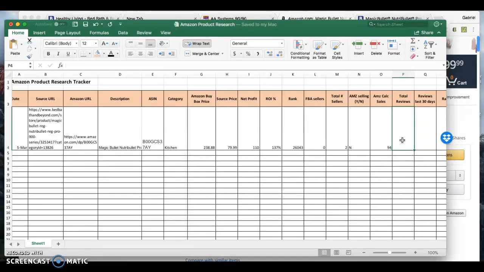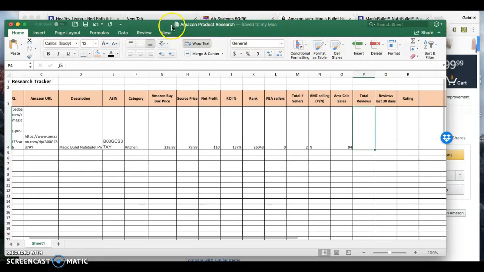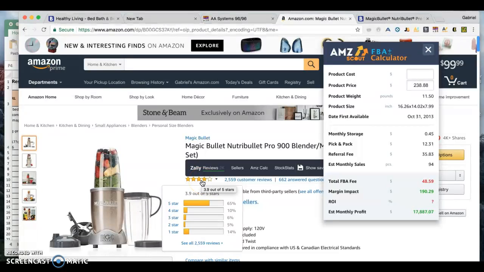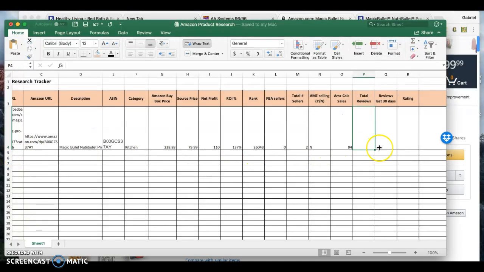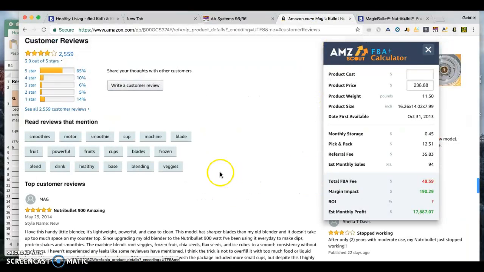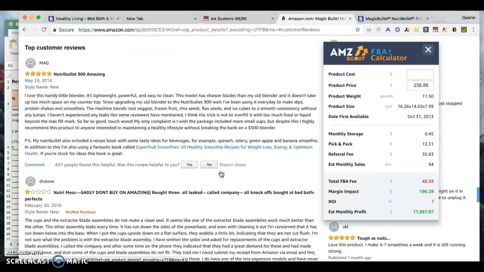And then finally, we're going to look at the reviews. So we go back to the Amazon page. We notice it has 2,559 reviews. And when we hover over the stars, it's got a rating of 3.9. So 3.9 and 2559. When we go back to the Amazon page and we click on reviews, we can then scroll down